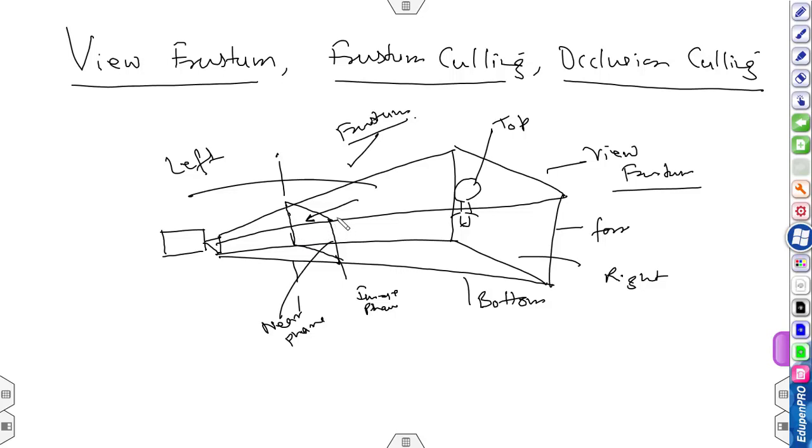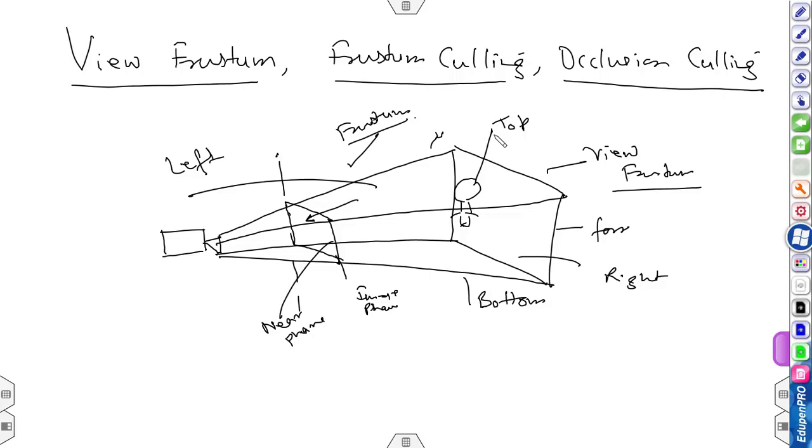We can see in a game engine like Unity that there may be various game objects in our scene. There may be a house, tree, or any player, but if you look at the game view or camera preview, you will find that not all objects appear in the camera preview or game preview.